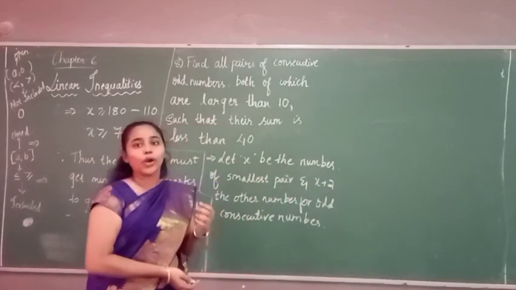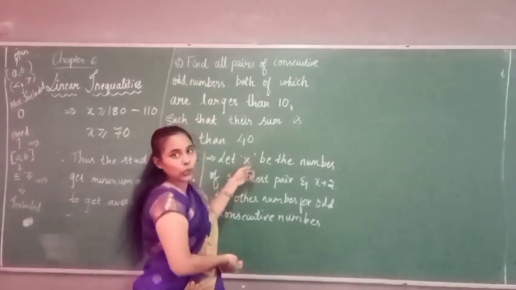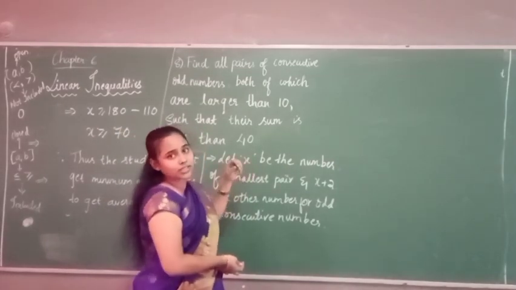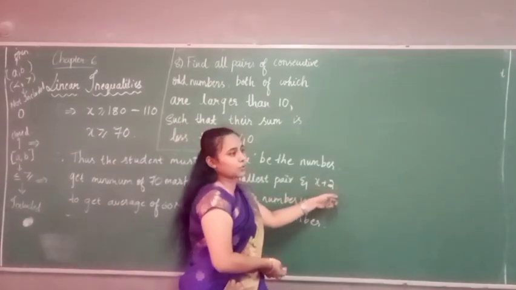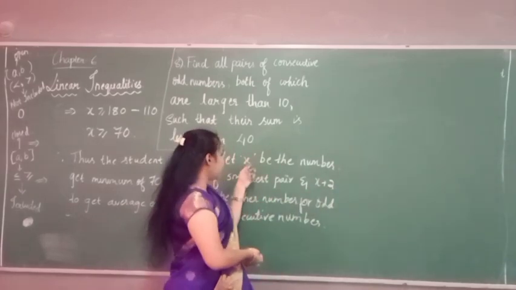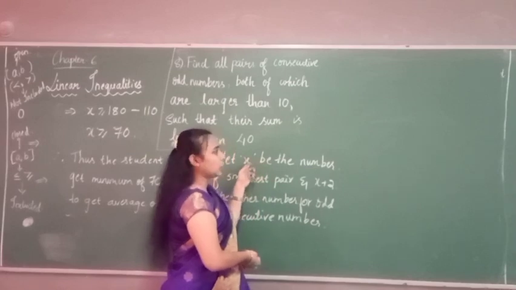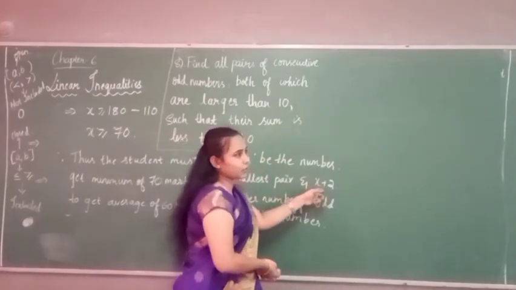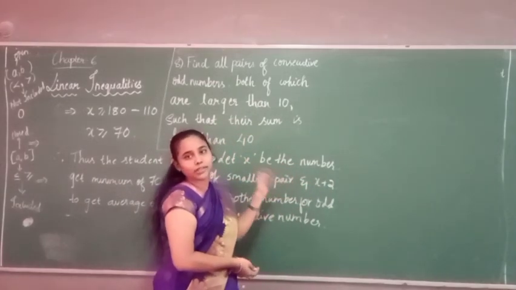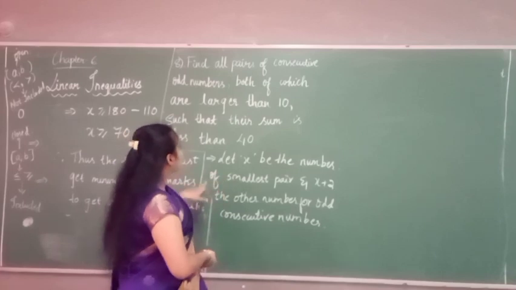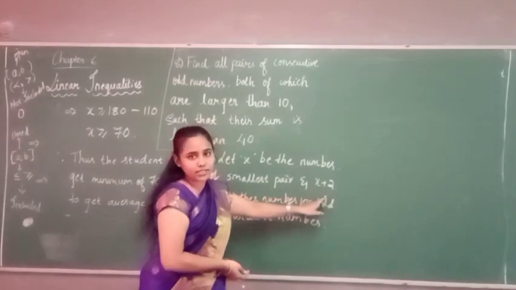If you want to know whether the variables or the pairs you have considered are right or wrong, just substitute x is equal to 1, because they said odd numbers, so I will be substituting odd numbers itself. So x is equal to 1 and substitute here also 1. So 1 plus 2 is nothing but 3. So here you are getting 1 and here you are getting 3, which are nothing but odd numbers. Next substitute x is equal to 3. So x is 3 and here 3 plus 2 is nothing but 5. So 3 comma 5, which are nothing but odd numbers. So in this statement problem, the two consecutive pairs are nothing but x and x plus 2.